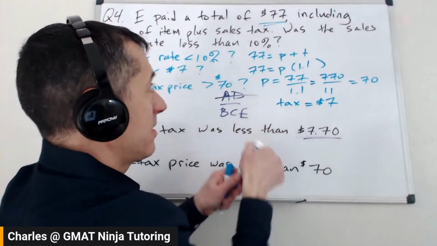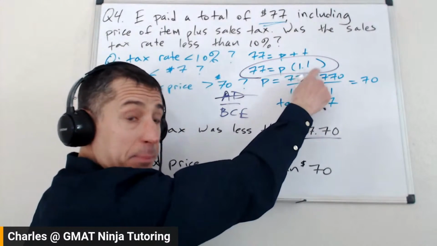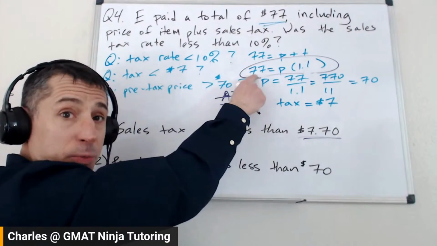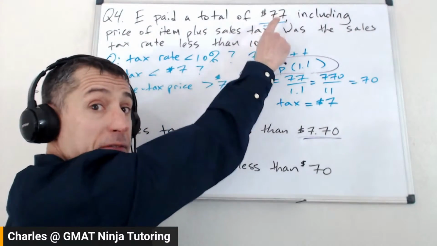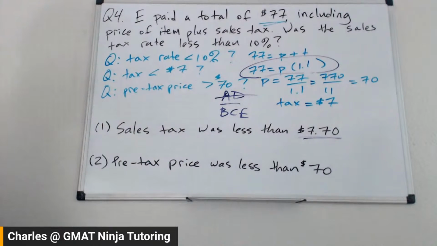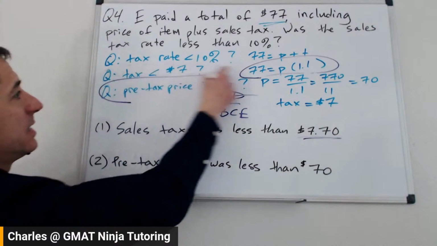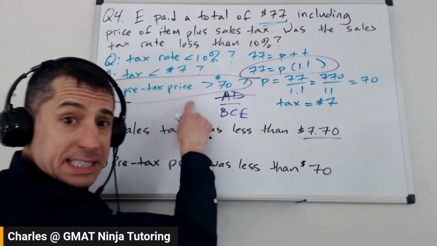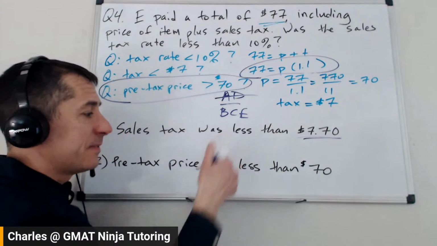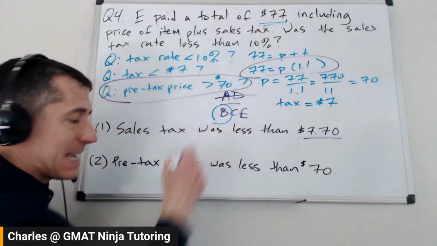That's why we set it up this way originally. So you're taking that original price, multiplying it by that multiplier, 1 plus the tax percentage, to get that total price. You're not taking 10% of that final price that already includes the tax. Okay, so A and D are out. Pre-tax price was less than $70. Yep. If you did your work ahead of time, if you did this process, write out the question as many ways as you can, this is sufficient, should jump right out at you. And our answer here is B.